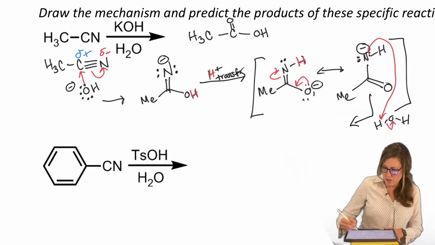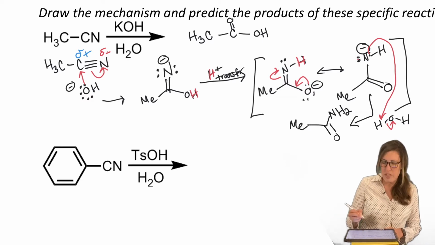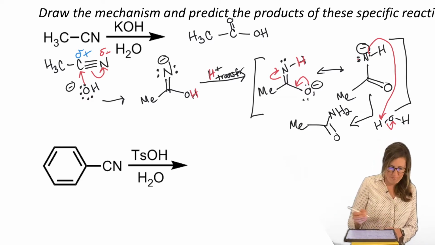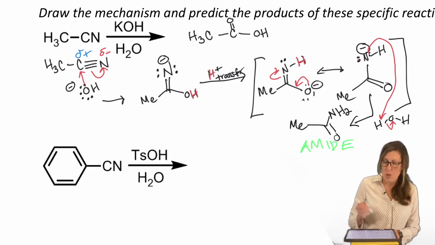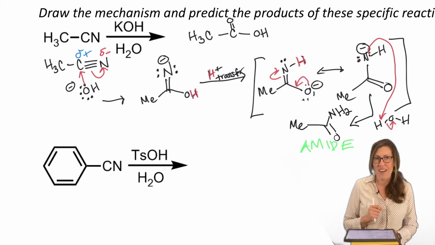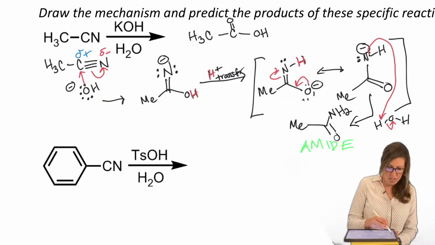All right, so look at what I have here. I have an amide. Well, what do you know? Now this is looking familiar. I'm going to write that in caps. We have an amide intermediate. At some point I ask you to draw out a mechanism with the amide. We've done the mechanisms with the amide, so I'm not going to draw the rest, but we know that amides can be hydrolyzed to carboxylic acids.